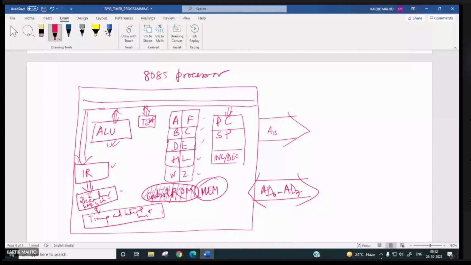AD0 to AD7 is used for sending the address, right? Then we need ALE also for demultiplexing this, right? We need S0, S1, IO/M bar, read bar, write bar for controlling the read and write operation, read and write operation in memory as well as IO device.